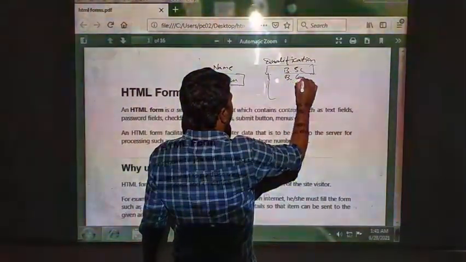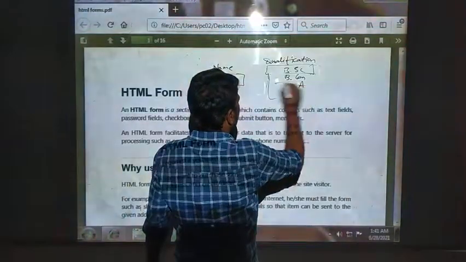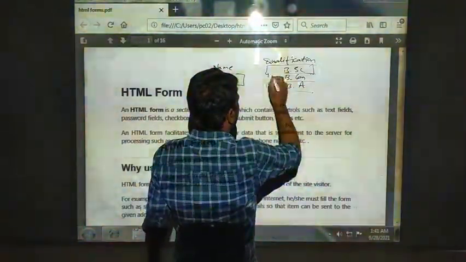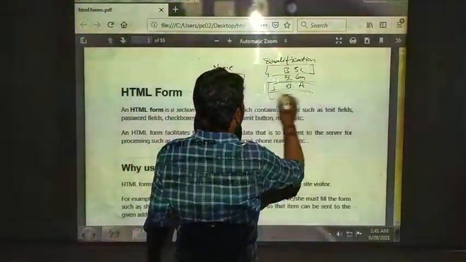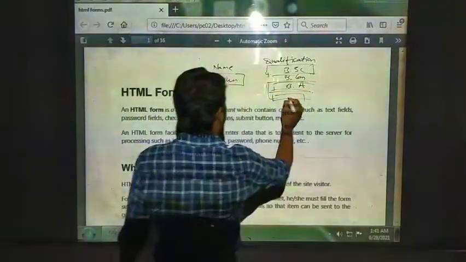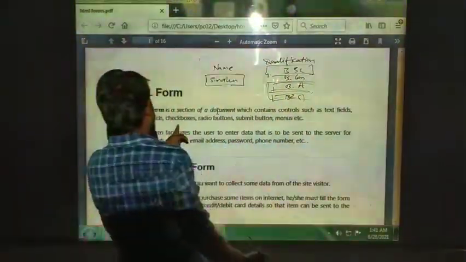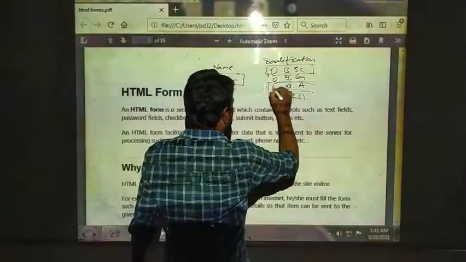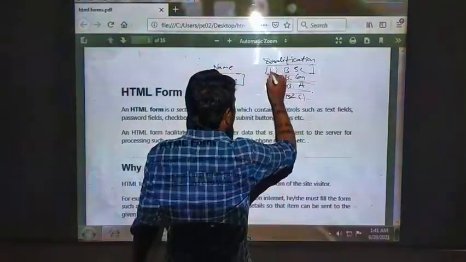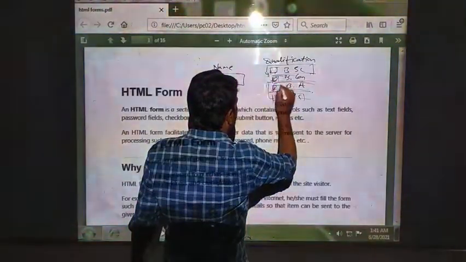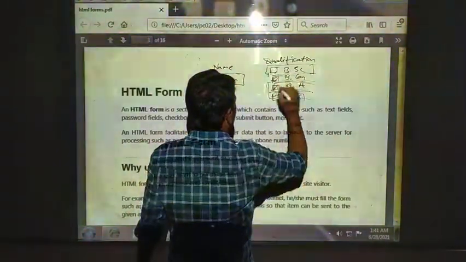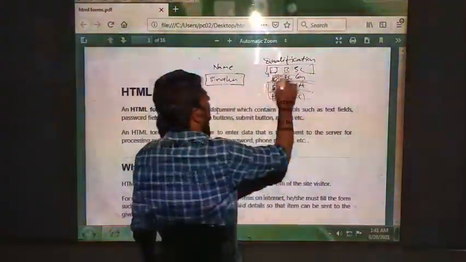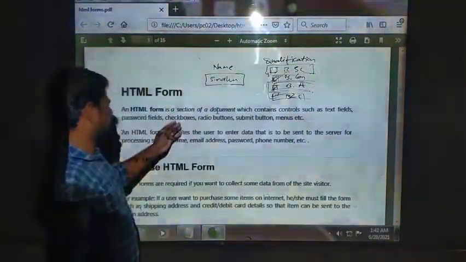BSc or BCom, BA. These are check boxes. This box will be there, and you have to click on that box to match your qualification. This is about check box.